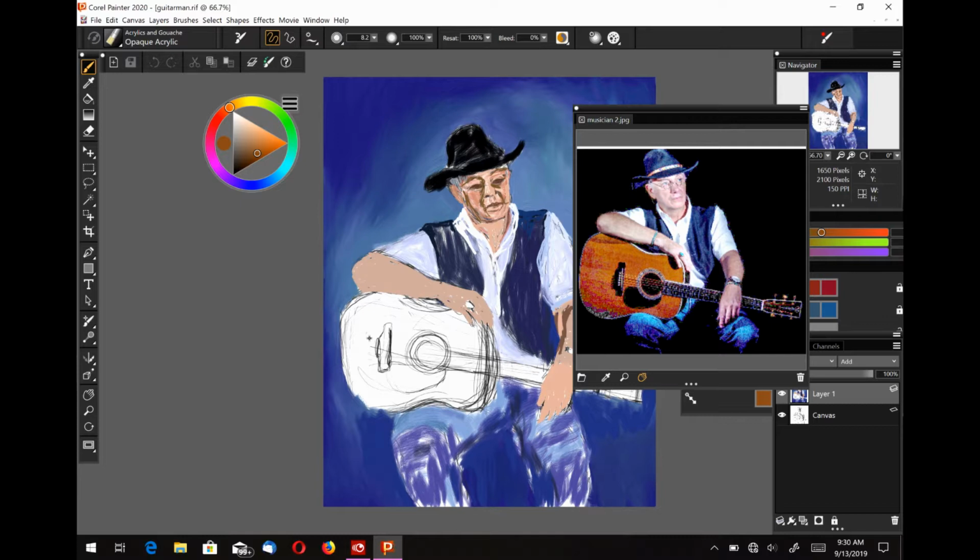And then here I'm just working a little bit more on the shape of the eyes and the face, and then I want to underpaint the guitar. So we're going to paint the first layer with maybe a yellow ochre and burnt sienna. If you're following along with your acrylic colors, you just want kind of a yellowish brown there, because his guitar has some red brown look in it and some yellow brown, so you want to go ahead and just kind of add that there. I'm using the acrylic, the opaque acrylic